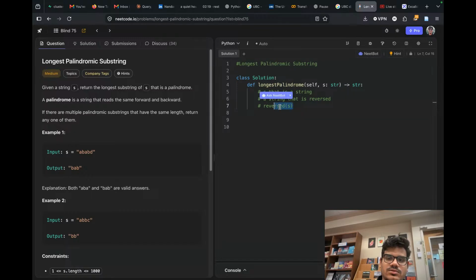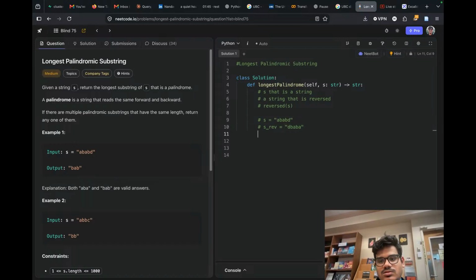Now let's take the first example here. We have s, which is equivalent to 'abd'. And let's say we take s bar, that is the reversed one, or s rev, that will be